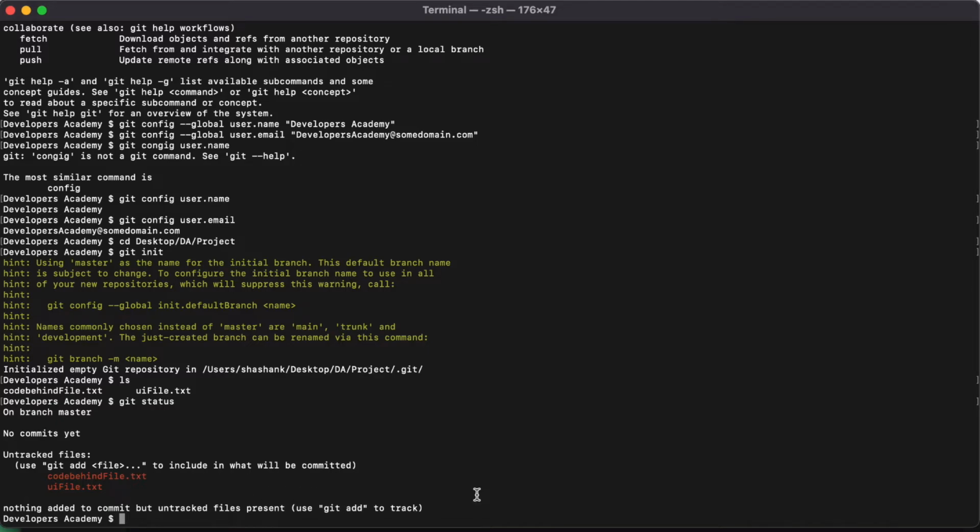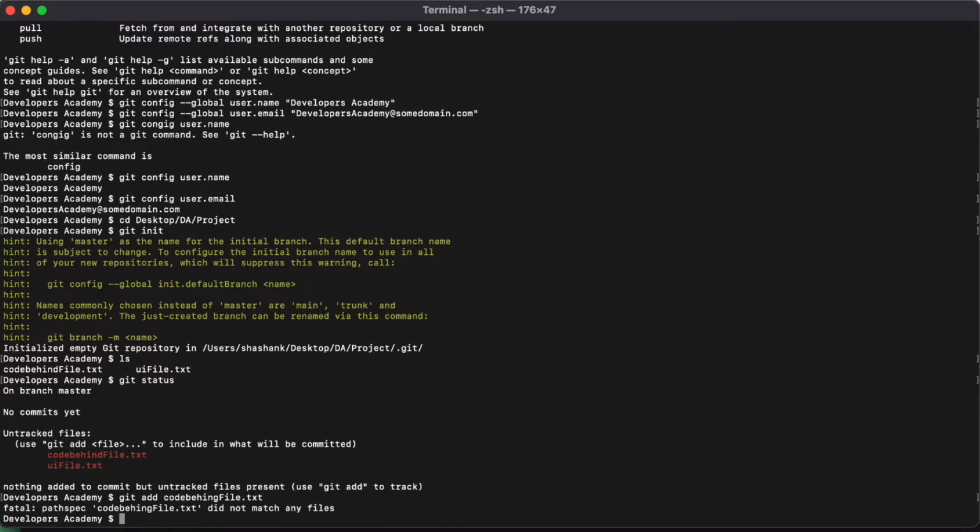To stage the files, we can write the command git add --all. This means that we are staging all files, but if you want to stage only one file, then you can write the file name here, like the code behind file txt. Okay, sorry, the file name is wrong.